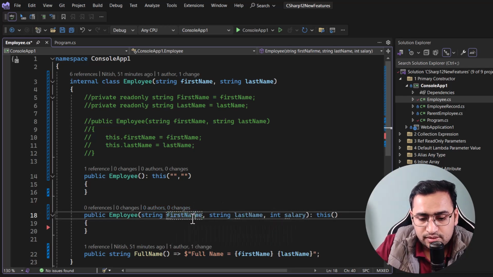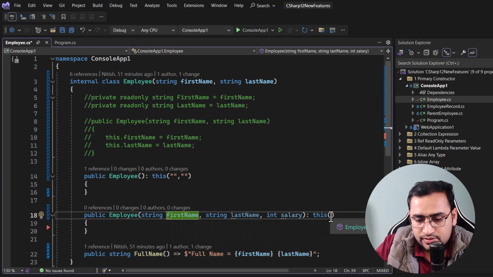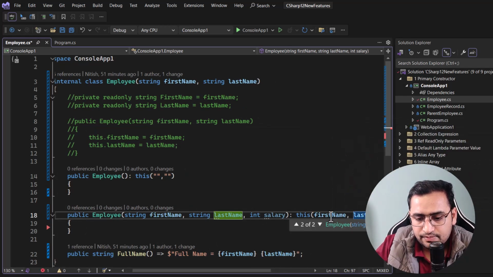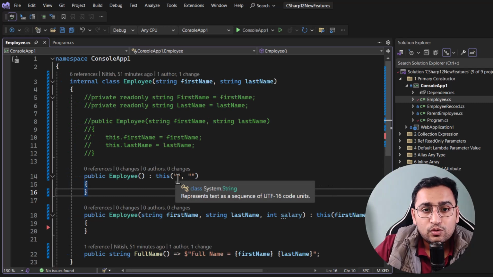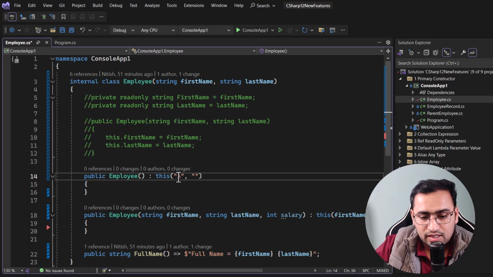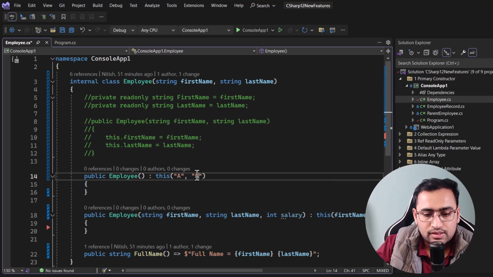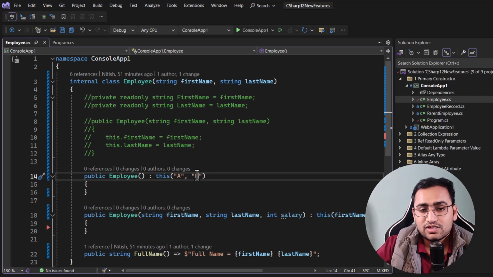So what I'm having is first name, last name, like this. Now this is not always the case that you will have to pass only these default values. You can also pass some hard-coded values over here. For example, if I want to pass A and B, like this. Now let's understand what will happen in this case